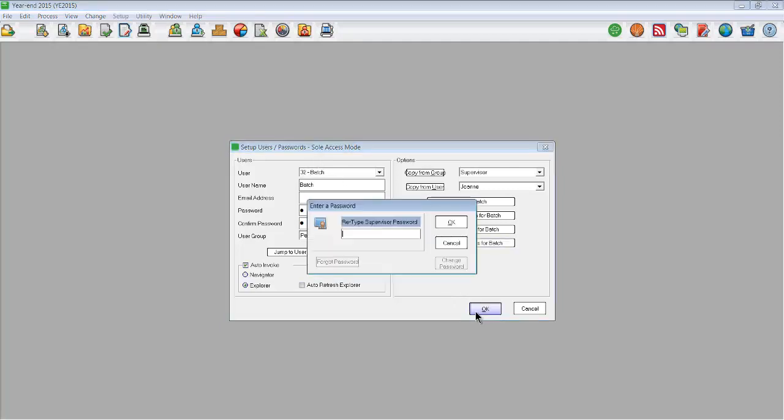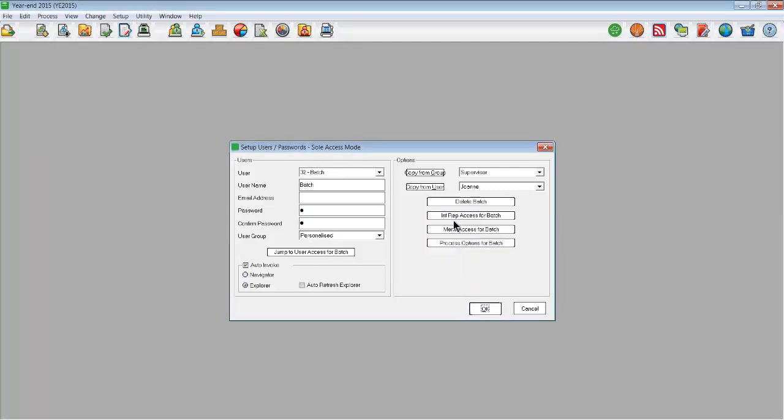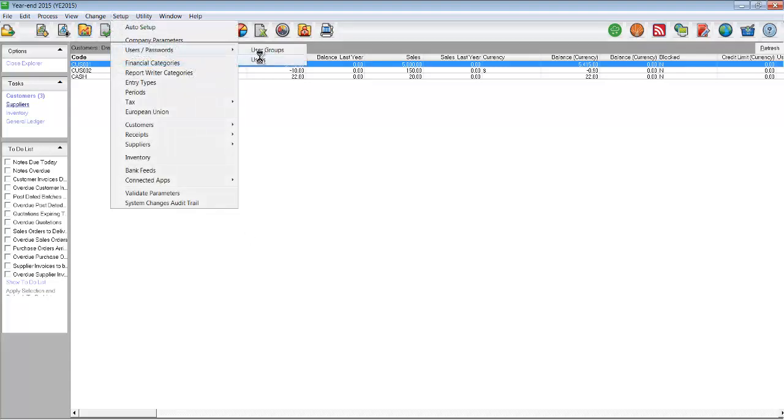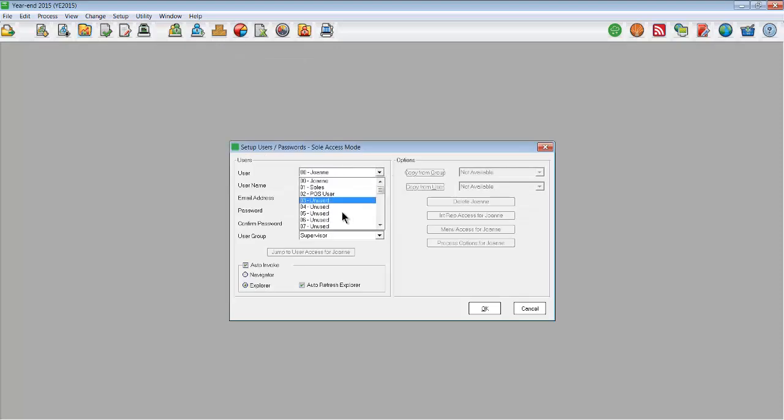Now you can go to View Open Batches and select the tick that will appear under the newly created user in order to check the batch. Please note, once you have checked and updated the batch, you will be able to go back to Setup Users and delete this user. As advised previously,